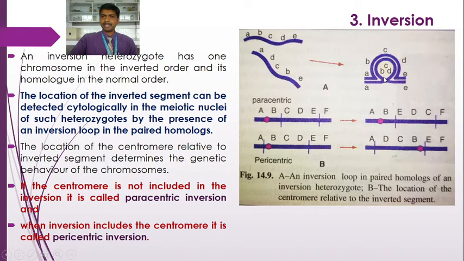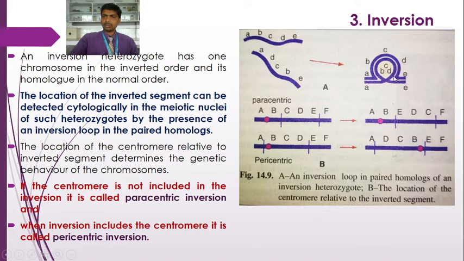So what happened here is that this B has changed its position to second last. Due to this, to make the pairing, this B has to occur first. So for this an inversion loop has been made. Due to this the B comes in front of B in the normal chromosome. So in both the inverted chromosome and the normal chromosome, the genes come in front of each other. Here also B to B, C to C, D to D.